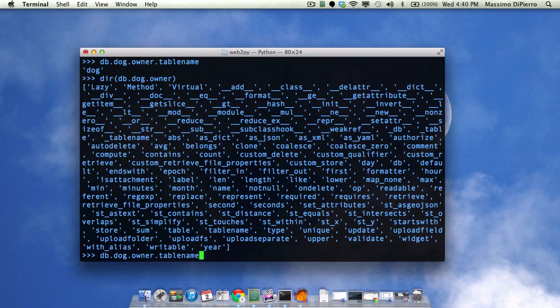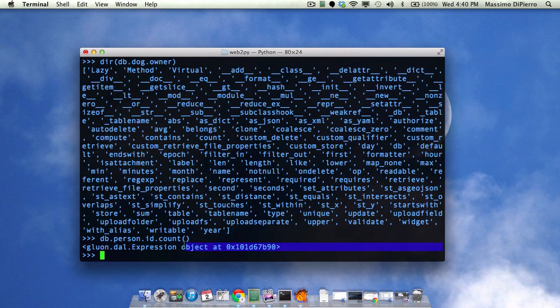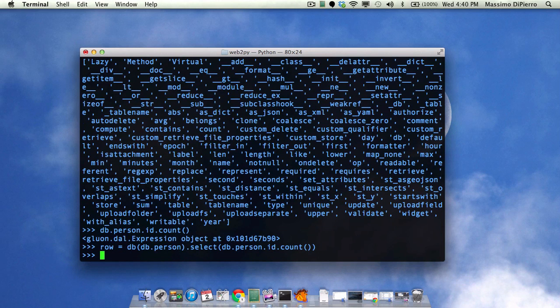So we've seen some of them. We've seen DB person ID count. Okay, so this is just an expression. It's not performing any database select, any database IO. But if I perform a DB person select DB person ID count, then this will be performing a count,